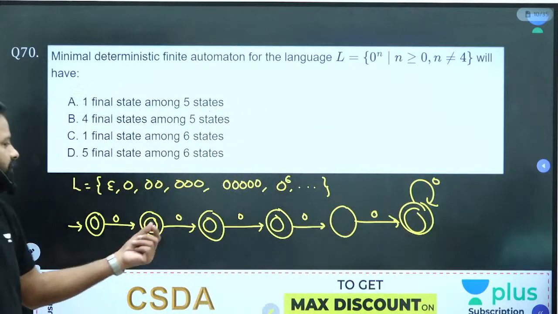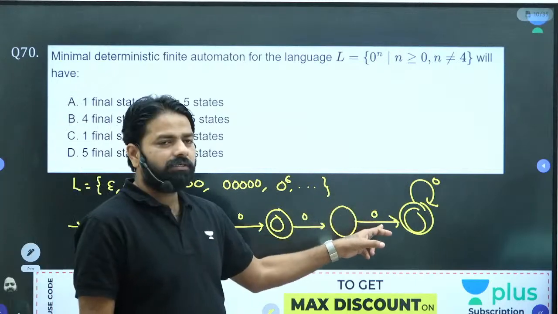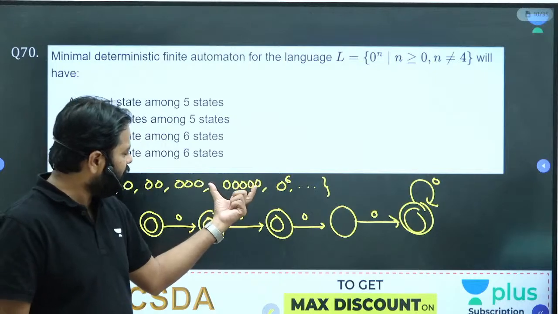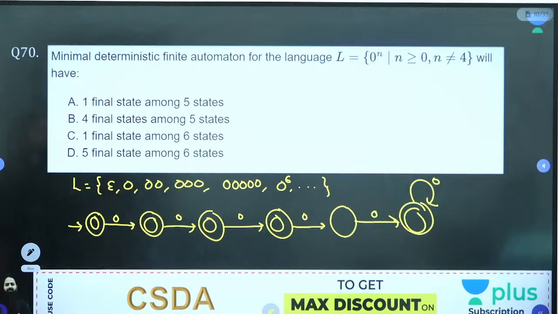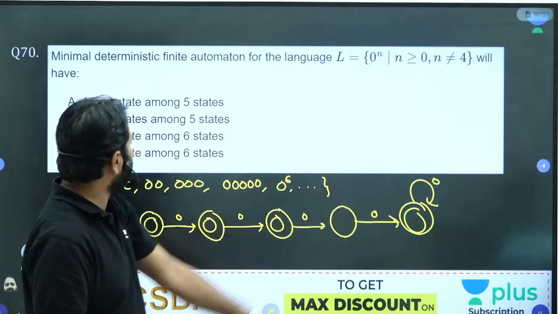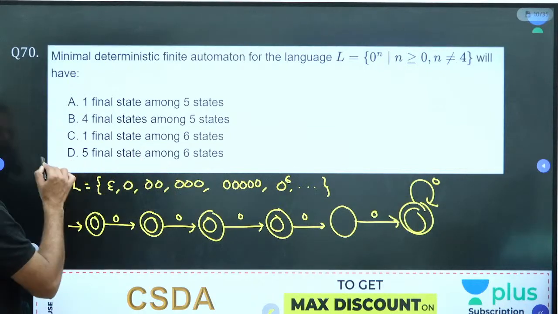To track the 4 zeros, you need 5, and then plus the 5th 0. This is the key point. To reach here, you need a total of 6 states. Total 6 states. The question is about how many finals? 1, 2, 4, 5 finals, and total 6 states. The answer should be